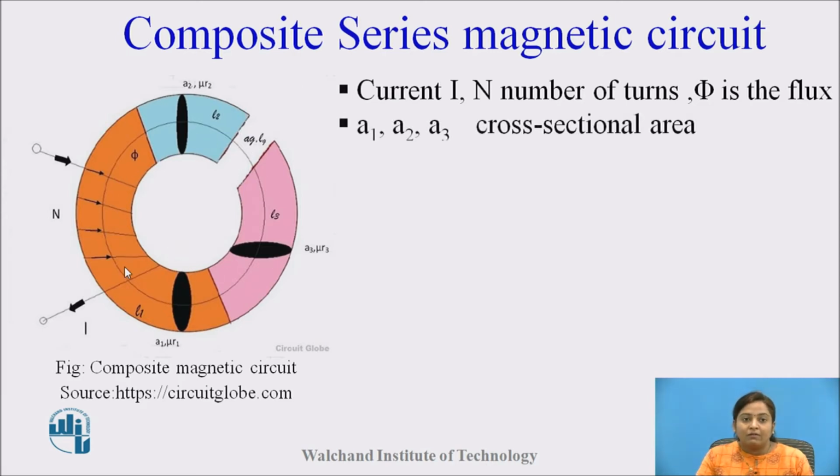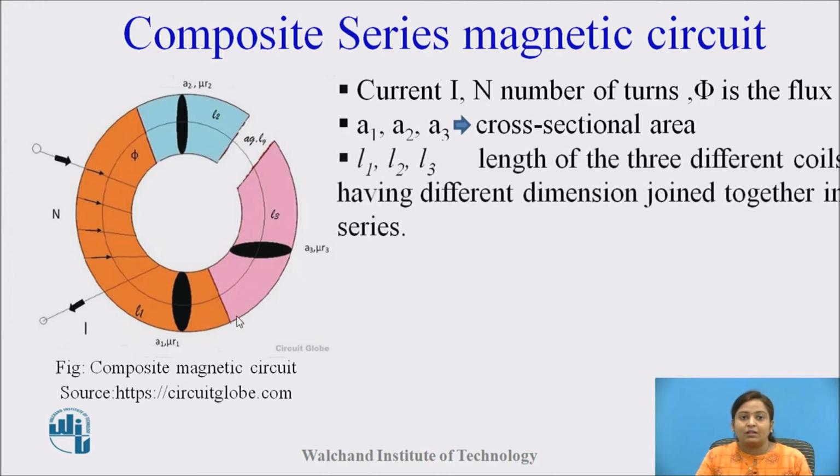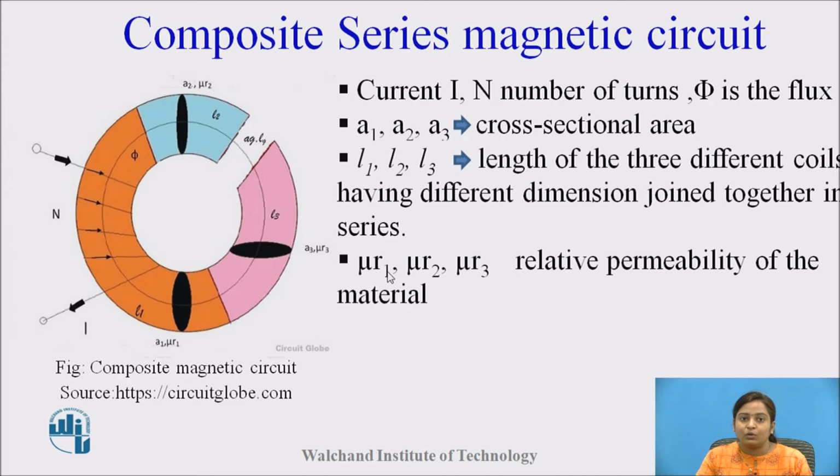Okay, A1, A2 and A3 are the cross sectional areas of magnetic core 1, 2, 3 respectively, and L1, L2 and L3 are the mean lengths of part 1, part 2 and part 3. Then mu R1, mu R2 and mu R3 are the relative permeabilities of magnetic core 1, magnetic core 2 and magnetic core 3,